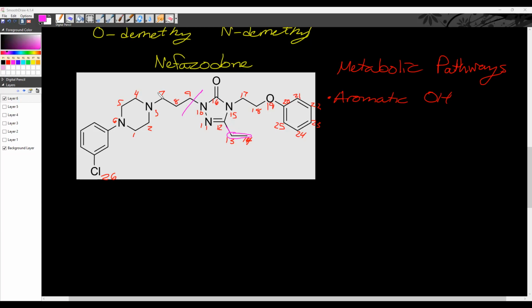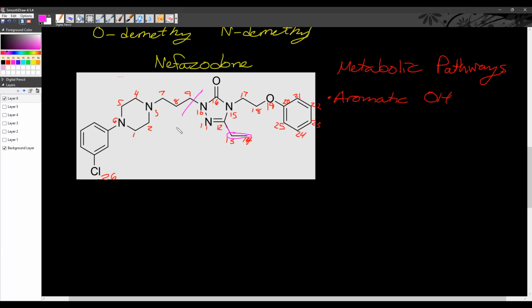So even though this is 3 carbons long, it's still a huge group, right? We have this massive group here. So at least for here, we don't have N-dealkylation,